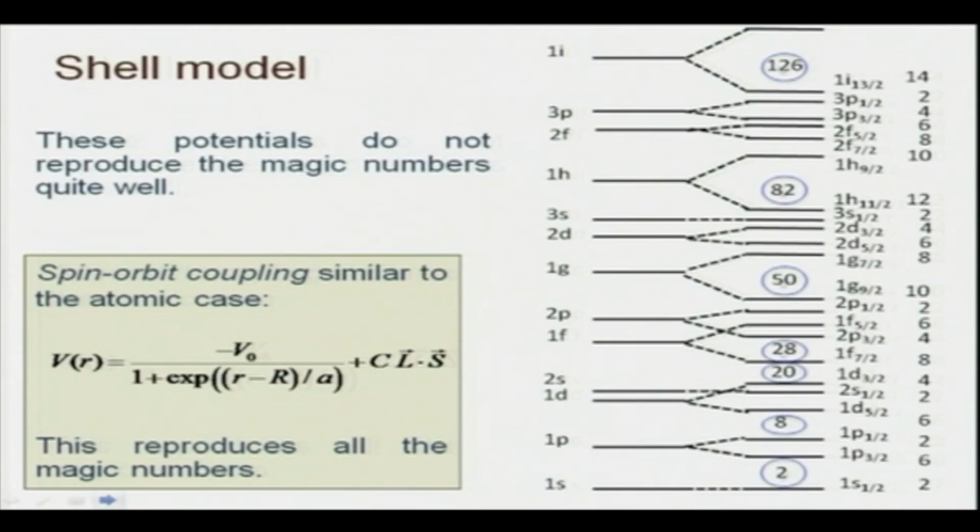So, the spectrum with the V 0 parameter values given in the previous slide, okay, gives this kind of an energy spectrum with roughly relative weightages, where there are large jumps, there are large gaps between these energy levels, we can think of the magic numbers corresponding to those. Okay. And